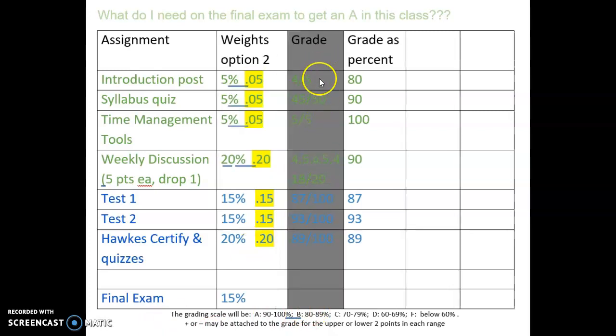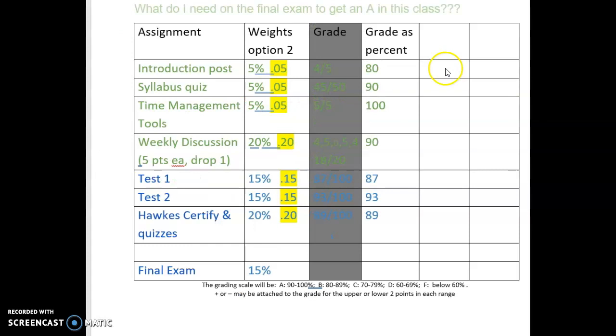So now I've grayed out the original grades and kept just the percentage form of those grades, and I've highlighted the decimal form of the weighting of those grades so that when we multiply, we know exactly what we're multiplying. We're doing the 0.05 times 80, which is a little bit silly because it's 4 out of 5 points and it's 5%, so it's really just a 4. Like there's not really that much going on there. And then if you do the 0.05 times the 90 or the 45 out of 50, it's 5%, so that's the same as 4.5